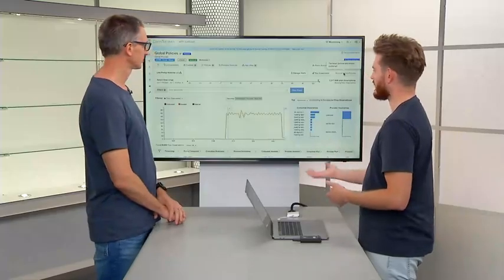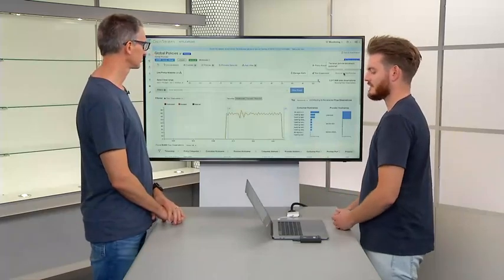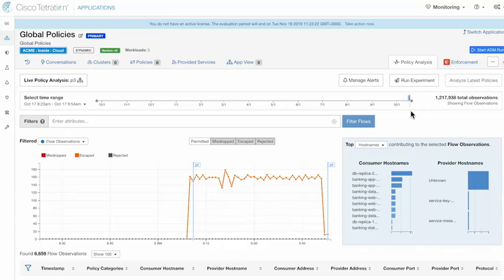So we've constructed the policy in exactly the same way, apart from the fact that it is now a default policy instead of an absolute policy. We've also moved over to our policy analysis screen, and we've analyzed these latest policies to reflect that update. So let's take a look at the demo now and see exactly how that has impacted the policy analysis graph. So if we move our cursor over here to the latest data that we have available to us,